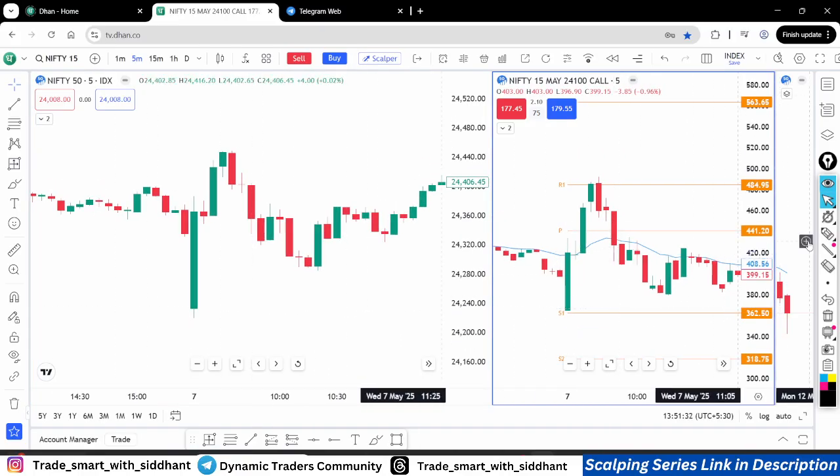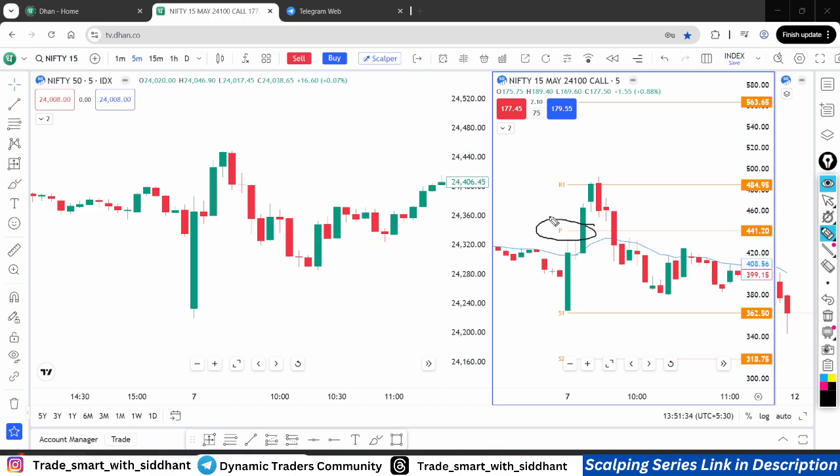So here, as you can see in the premium chart also, I have applied pivot level and 20 MA. Why? Because we mainly work on pivot levels, and 99% of my trades are based on the pivot level strategy. So in order to make a good amount of profit here, once you understand that it's not sustaining and it's going to go and cover up this gap, we have to see how this candle is behaving.